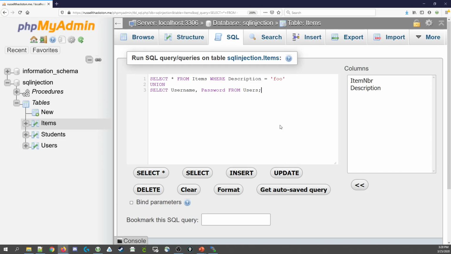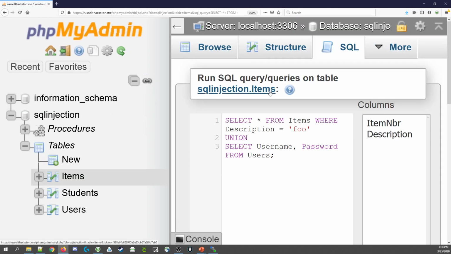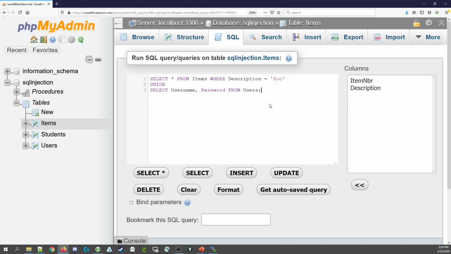So here I am in my PHPMyAdmin tool, and I've created a select statement that looks like what was generated. In this case, it's a select star from items, where description is equal to foo, and if we wanted to make it exactly like what was in the code, it would be select item number, description from items, where description is equal to foo, unioned together with a second select statement. Now what happens if we run this